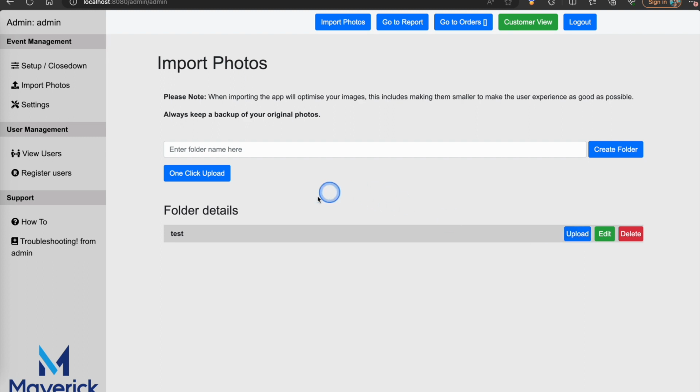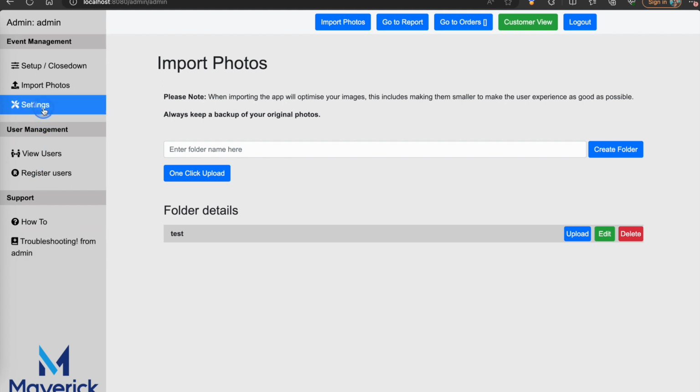folder. Alternatively, you can do a one-click upload, which is probably the most used button that we use, and that uploads everything, including the whole file structure and the folder structure, into the system. And up here, you can create your own folders to then import into as well. Typically what we do is we create the folders outside of Maverick and then we import them in through the one-click upload, but equally you can create the folders here and it will list them down in these folder details